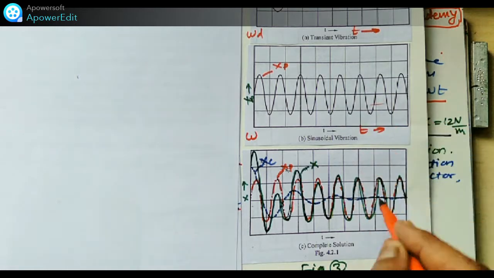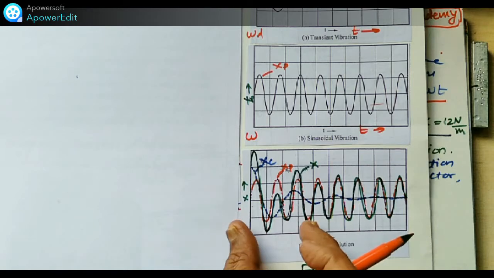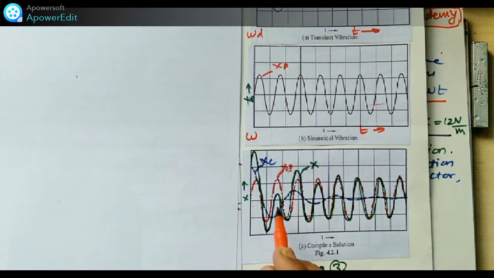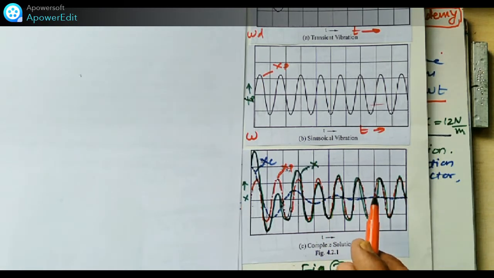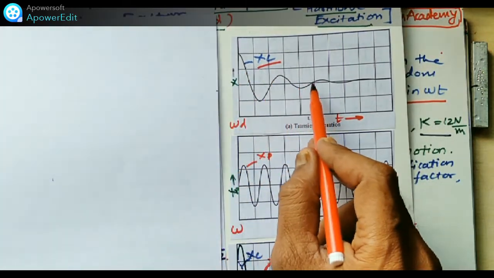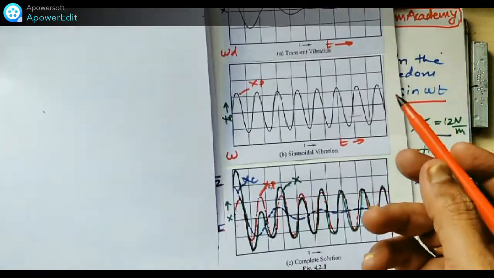So this part we have to consider. This is for the less duration. Since transient vibrations from the engineering point of view play a secondary role, they will die out within a period. See, this is the blue line, you can observe here. The transient vibration is dying out. The blue line will be coming to the mean position now. Or you can also observe in this graph, from above it will come to the mean position. That means it dies out. So that's why within the time period it will die out.